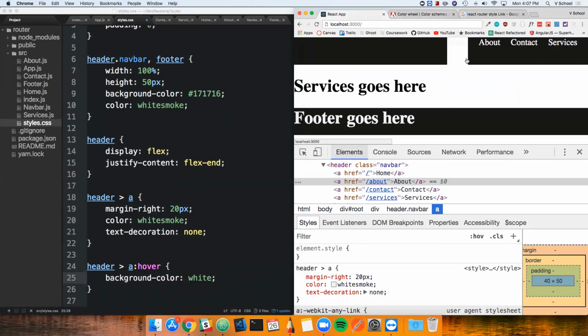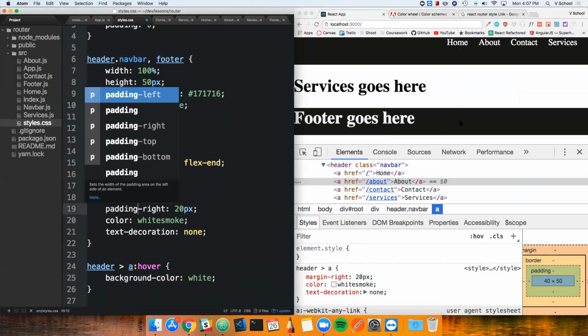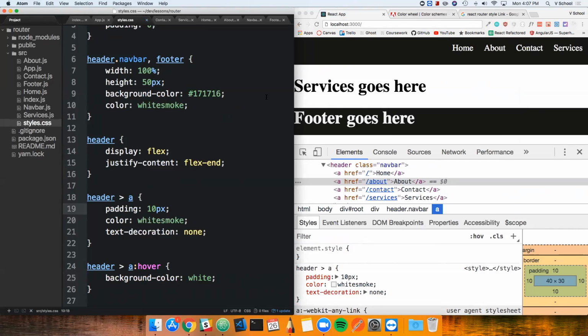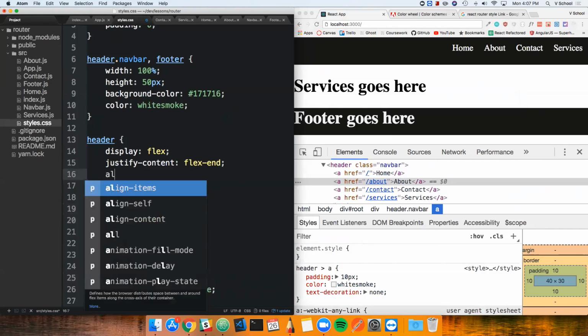That's pretty ugly. And let's not make this margin right. Let's make this padding right. And let's make it padding 10 pixels. And let's have this be